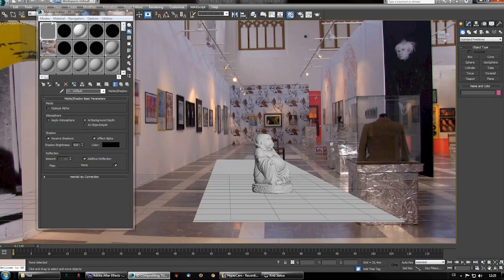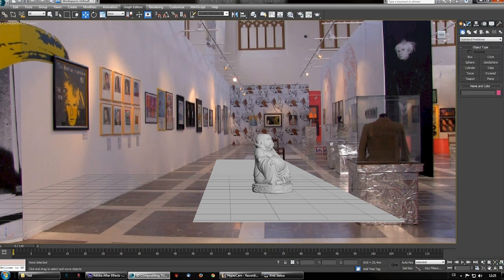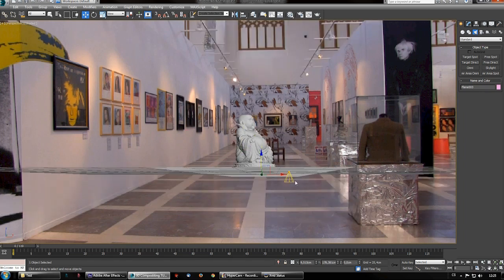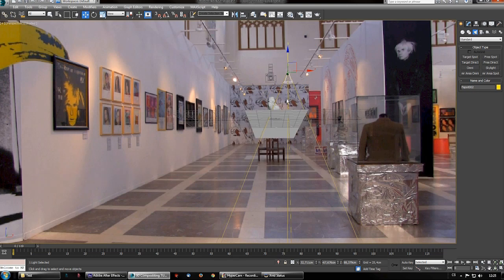And now we just create area shadows, which are incredibly fast to render, and they are soft and realistic, and they lose energy. Okay, so